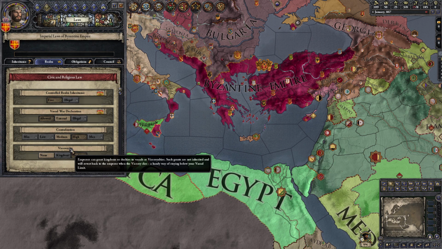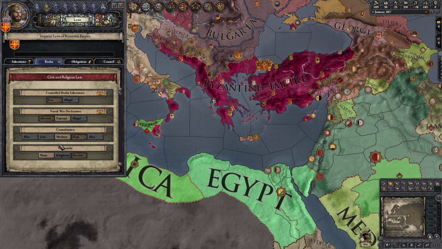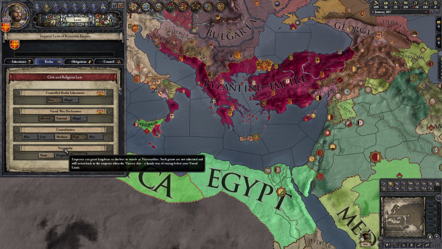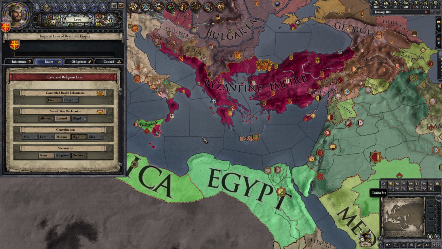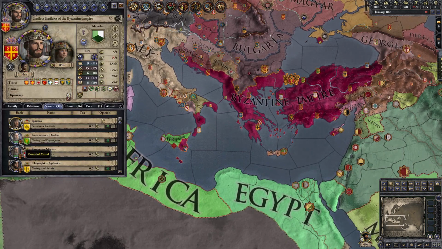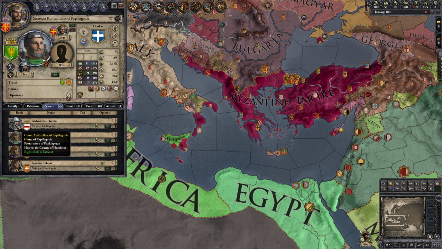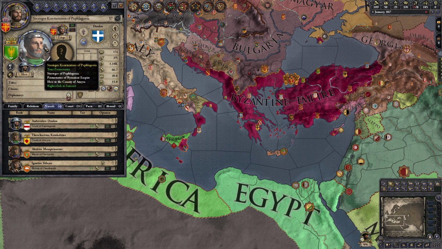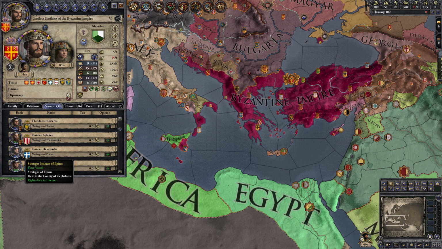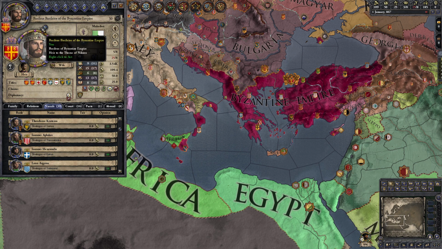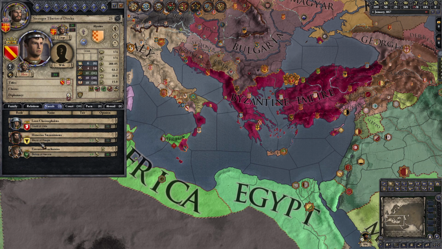And then we have viceroyalty. So viceroys, here it actually says it, just like with Spain in the 1500s, viceroys are given territory to rule only for their life. When they die, the land returns back to the control of the emperor. So I am ruled, essentially, by viceroys. I have a bunch of viceroys within the country, and when they die, their land actually goes back to me, which is very nice.